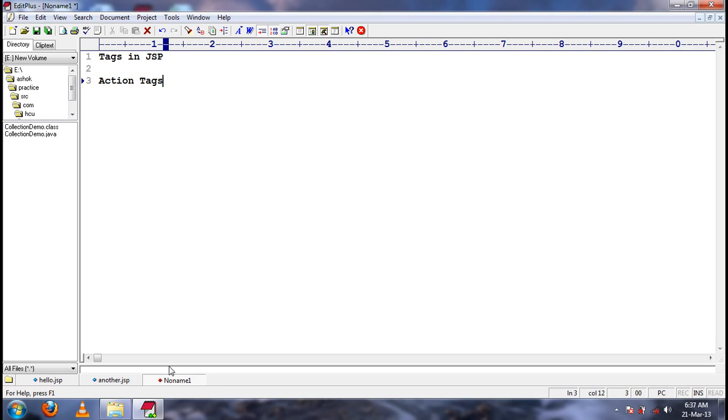Let us see what are the action tags available by default in a JSP page. The first action tag that is available is forward.